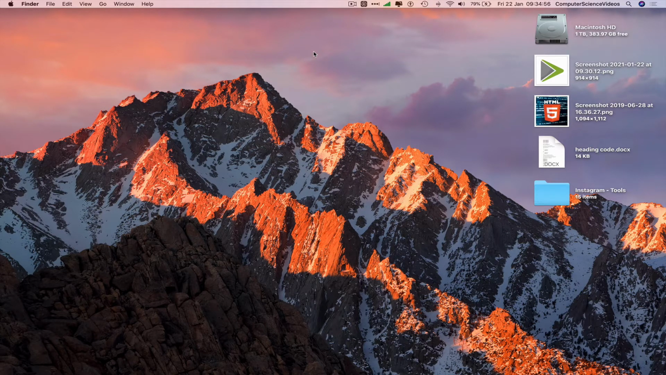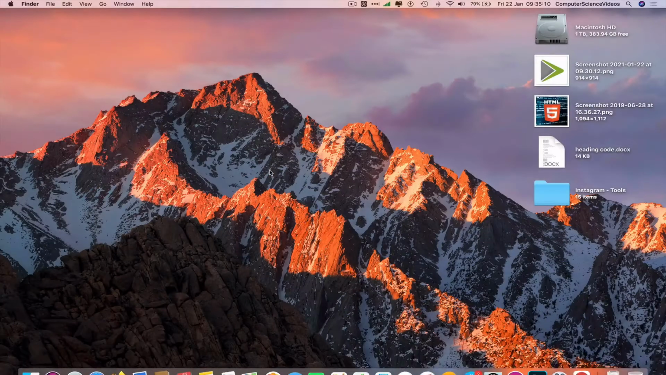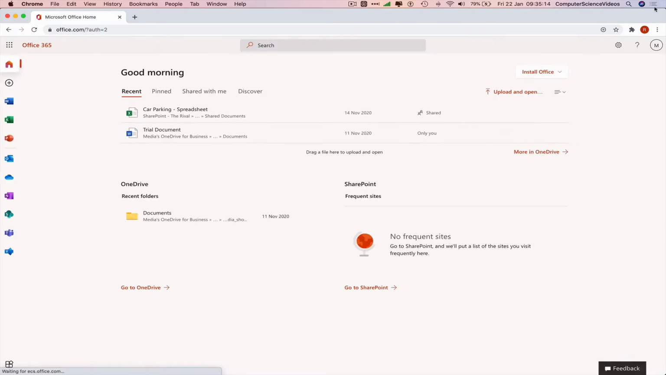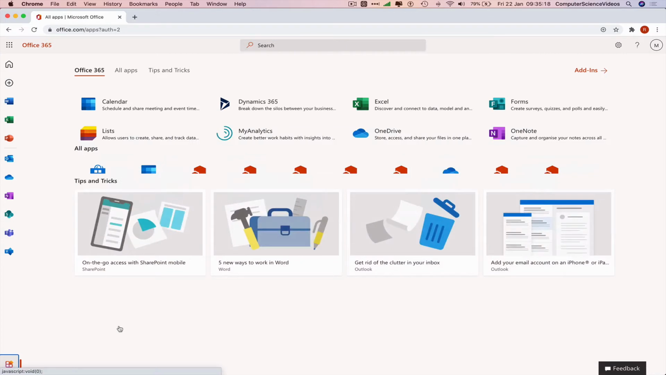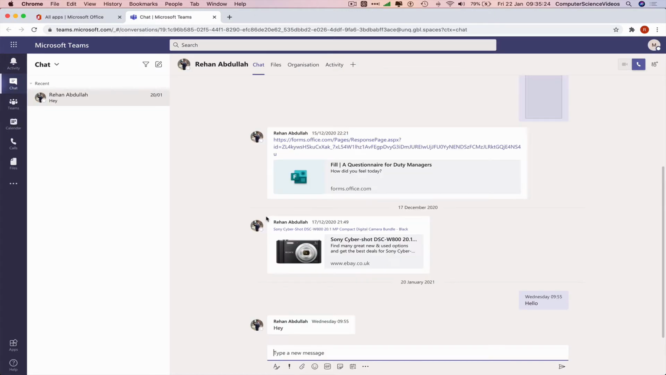So in this tutorial, you need to have access to a Mac computer. An Office 365 account can be for school, work, business. So we can now go all the way down to the dock, go to Launchpad, go to Google Chrome, type in office.com, make sure you are signed into the account, and then go to the left hand side navigation menu or click on the bottom left corner where we have all apps. Click on Teams, and now to change the photo,